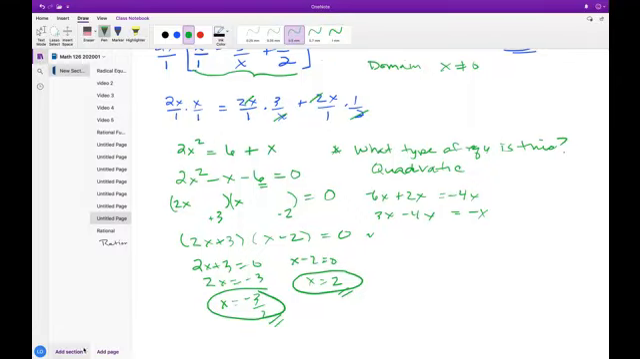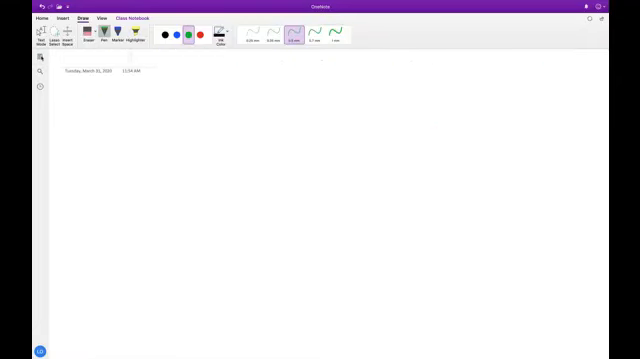All right, so another example. Okay, let's take a look at 1 over t squared plus 8 over t plus 15 equals 0. So again, I have an equation that involves fractions, so let's multiply through by the least